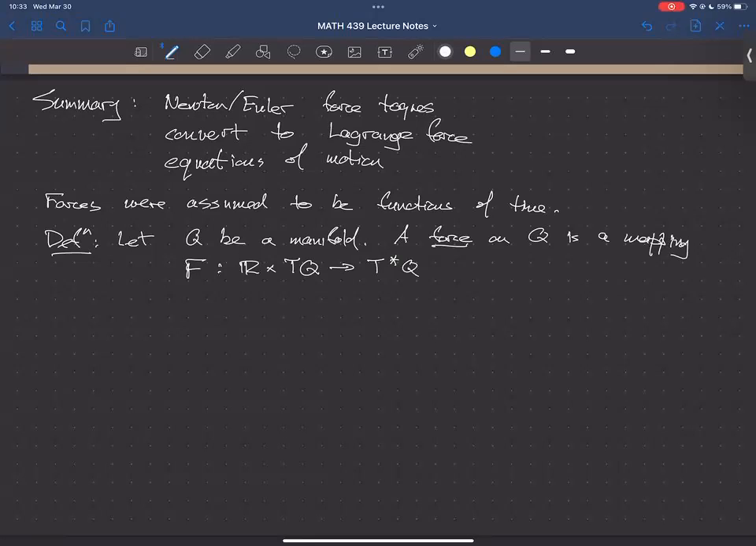Okay. And of course, it has to have some properties. And really, there's only one property here. And that is that if you apply a force at a time and position velocity, because that's what a point in TQ is, right? It's a position and a velocity. Then it's going to assign to that a cotangent vector, and the cotangent vector, of course, should be at the same position as the velocity was. Okay, so expressing that mathematically,